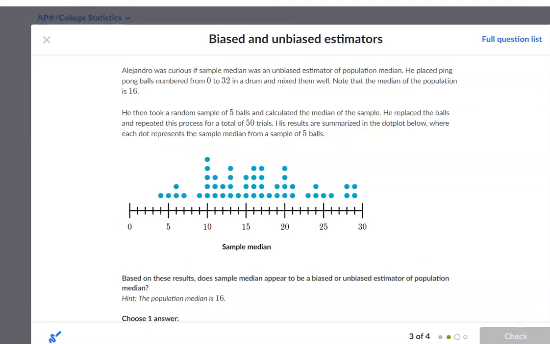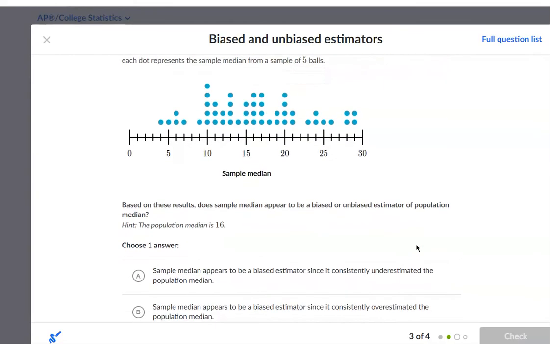Alejandro was curious if the sample median was an unbiased estimator of the population median. He placed ping pong balls numbered 0 to 32 in a drum and mixed them well. Note that the median of the population is 16. He then took a random sample of 5 ping pong balls and calculated the median of the sample. He replaced the balls and repeated this process for a total of 50 trials. His results are summarized in the dot plot below, where each dot represents the sample median from a sample of 5 ping pong balls. Based on the results, does the sample median appear to be a biased or unbiased estimator